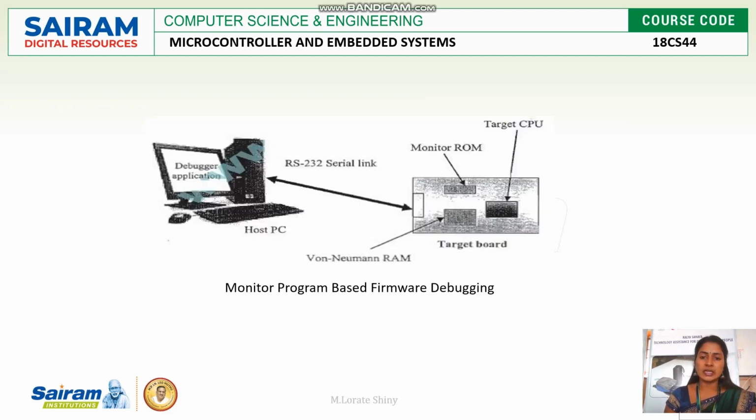In this diagram you can see inside the target board we have monitor code. This monitor code is connected with the host PC where we have the debugger application. The monitor program waits for commands from the debugger application. As per the command from the debugger application, it acts, so it performs command based executions only. These executions may be downloading the host user's code into the EEPROM of the target board, and monitoring and modifying the registers and memory content. It can make a single step execution, or it can set breakpoint execution.